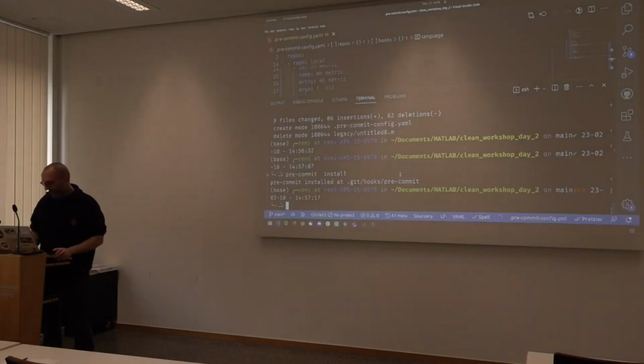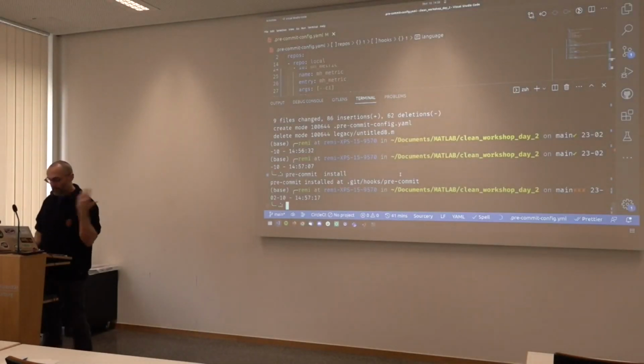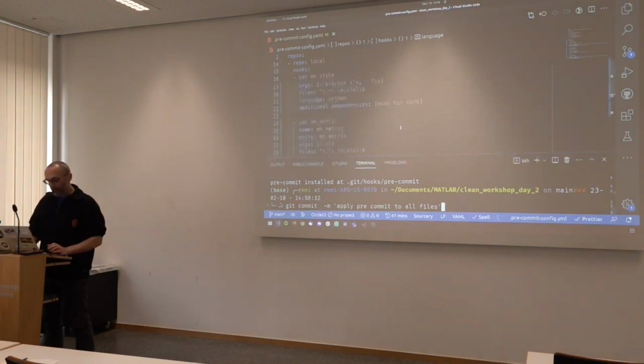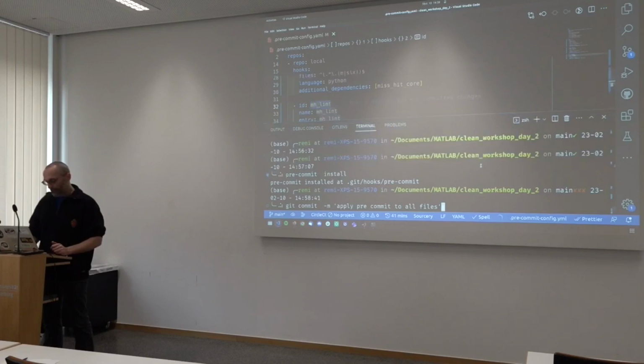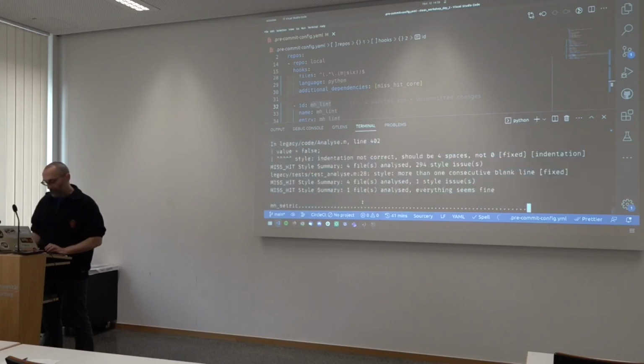Cool. But here in this case, we've just changed our pre-commit configuration so that it also includes stuff for Mishit style, metric, and linting. So we can do the same and rerun pre-commit on all the files.